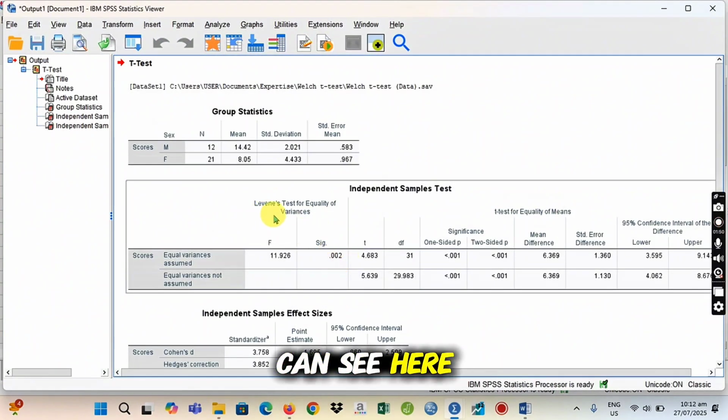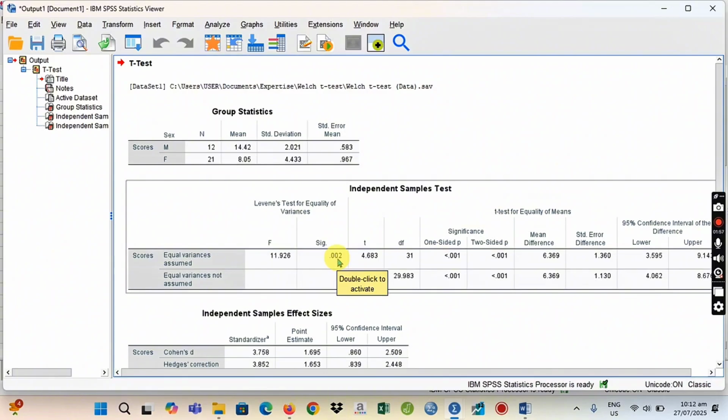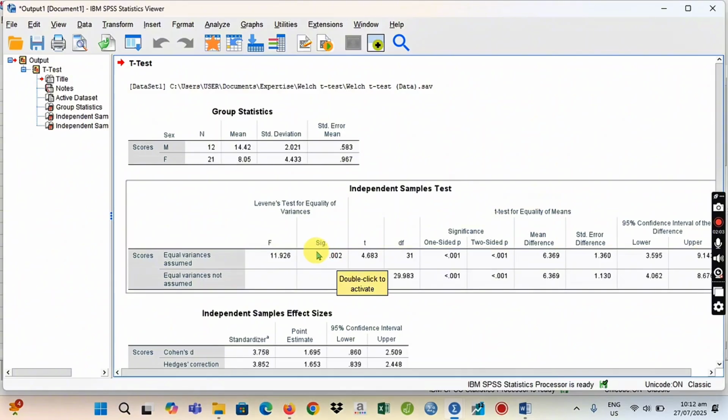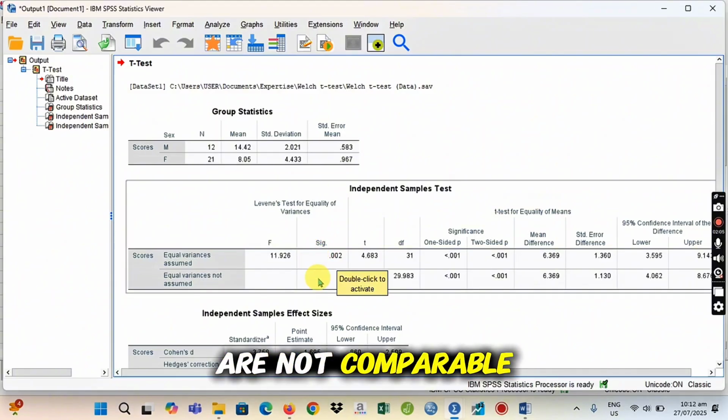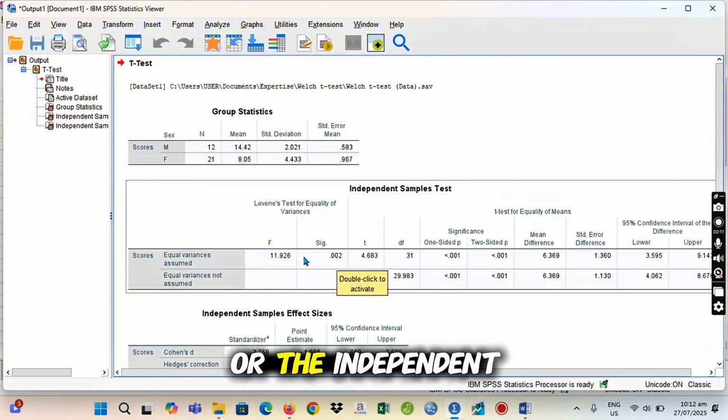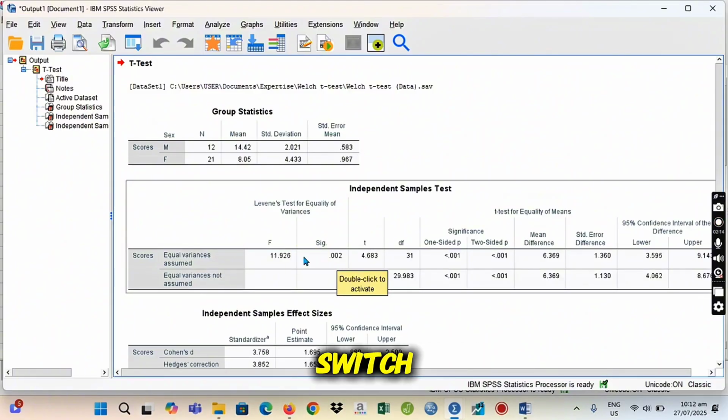So as you can see here with Levene's test, it's less than 5%, meaning equal variances are not assumed, meaning the two groups are not comparable. So since we cannot use the Student t-test or the independent t-test, we have to switch to the Welch t-test.